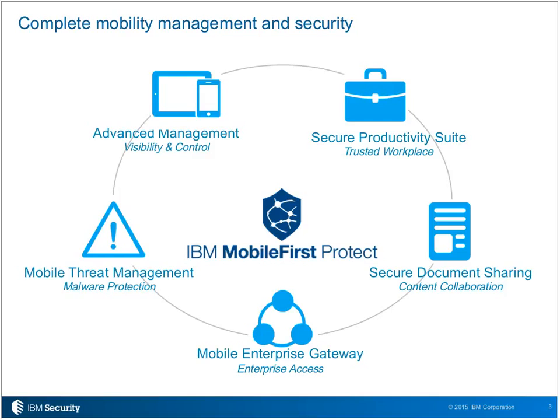I'd like to take a moment to introduce IBM Mobile First Protect, formerly MaaS360, for those of you not familiar with the product. The IBM Mobile First Protect platform delivers a complete enterprise mobility management solution. This one platform integrates comprehensive security to enhance employee productivity on their mobile devices and give organizations the confidence that their sensitive data is protected. There's five key solution bundles